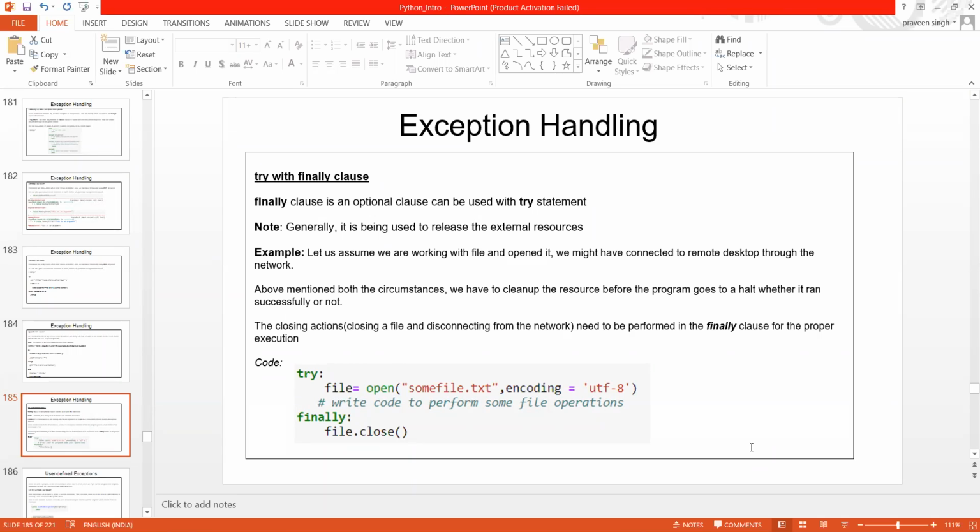One way: when you want to write something to a file, you must have opened it, right? If you have opened it, that means that particular resource is busy for your file operations.